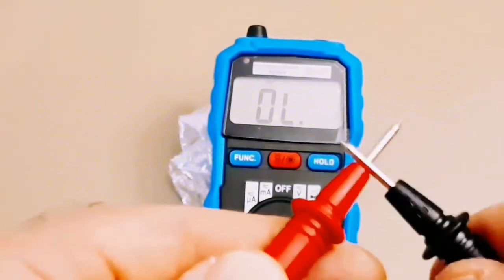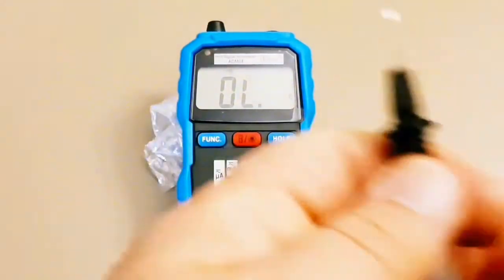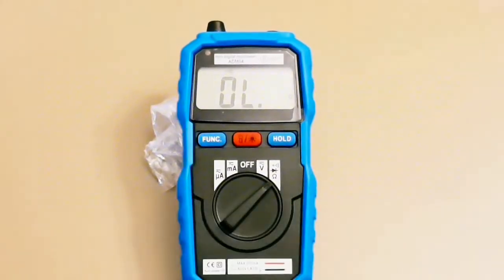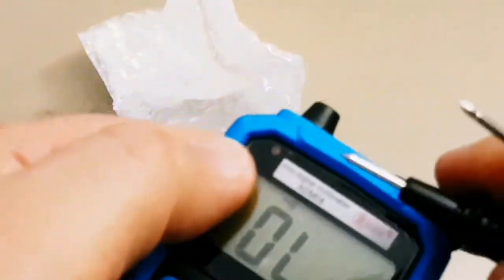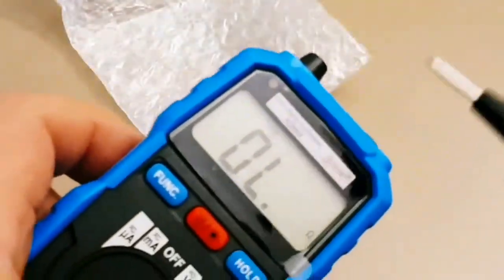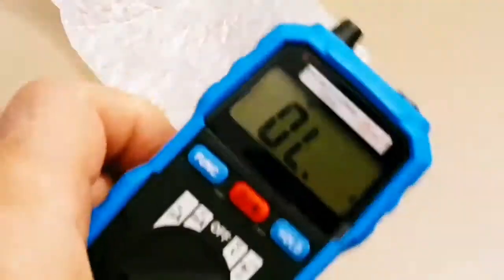So it's very slow. So it's definitely not a great continuity checker by any means. It's too bad because if you've noticed, for the non-contact voltage indicator, there's a light right here, and that would have been nice to at least see that visual display for continuity as well as the audible, because it is quite low. I don't know if you can tell at home, but it's not very loud, the speaker. So it's too bad that they, because the functionality is there, why they didn't actually use that for the continuity feature as well. But anyway,